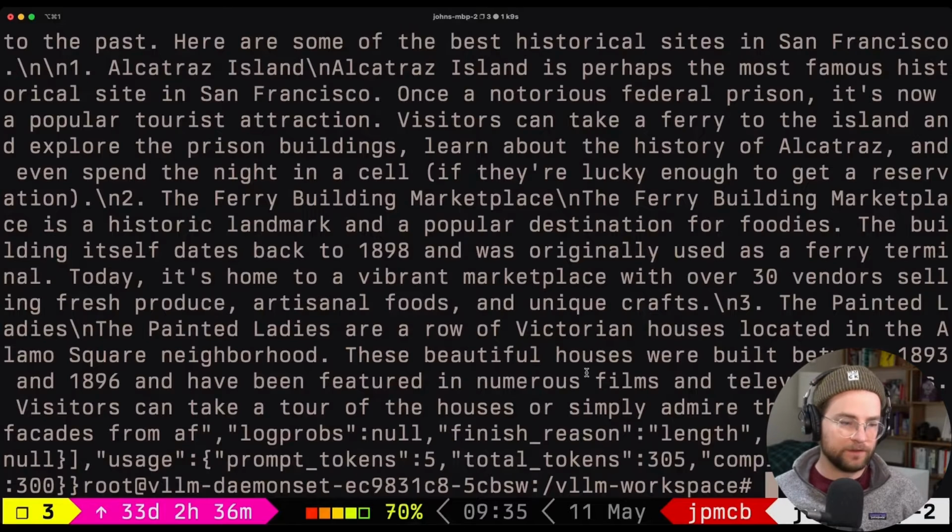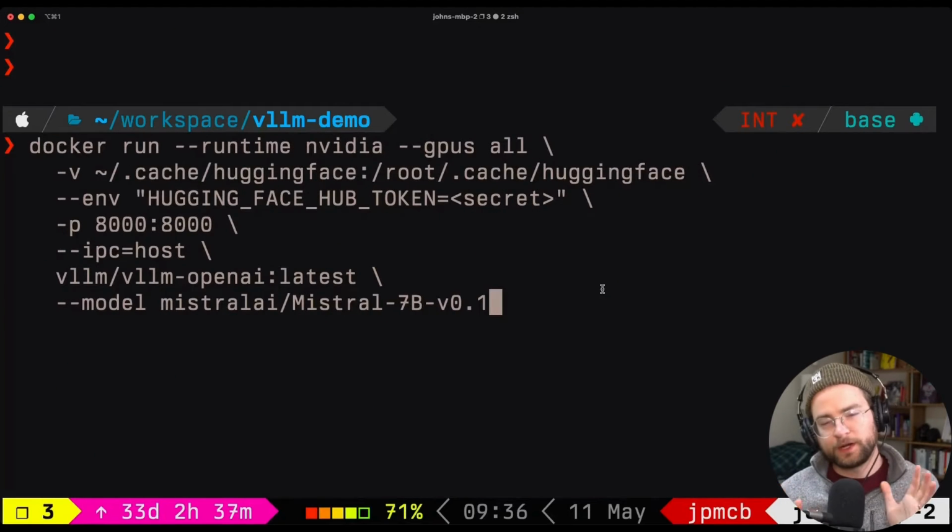of using vLLM. If I was to hit vLLM multiple times with many different curl requests from many different clients, this container running on this machine would be able to service those through its batching and through its OpenAI compatible API. One other thing to mention before we move too much further about running the container for vLLM